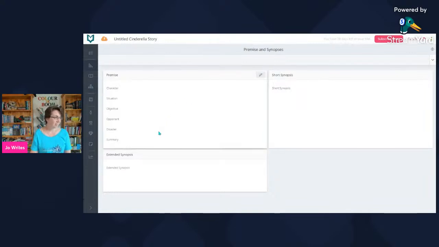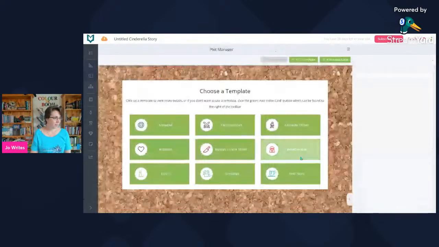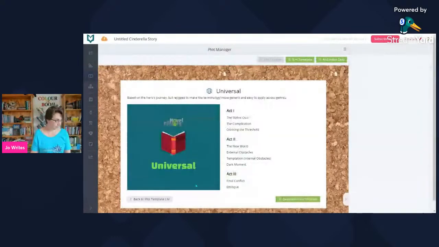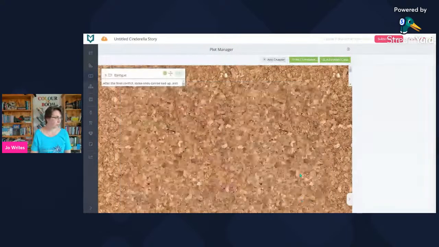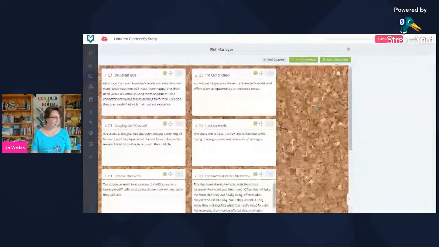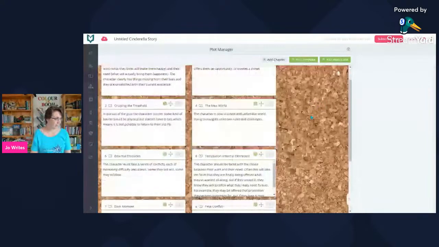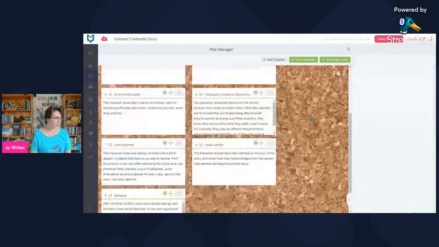in that when you look at the plot, you can choose a template or you can just do nothing. So I'm going to do a universal actually. And I can generate an auto template. I can do a romance or whatever. And it just adds it like that. Isn't that fantastic? It does it automatically. I love that. And I can move stuff around, and I can